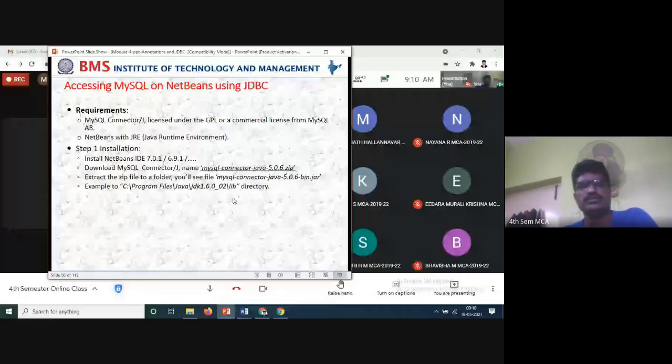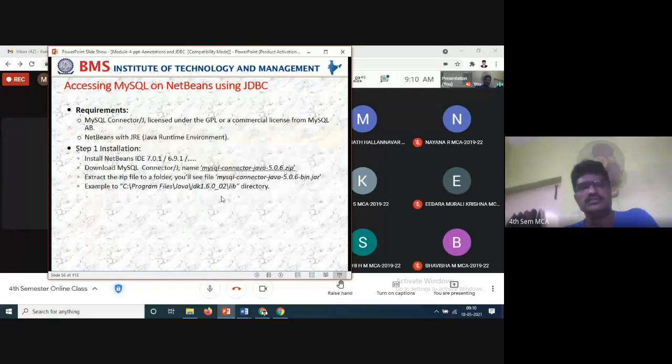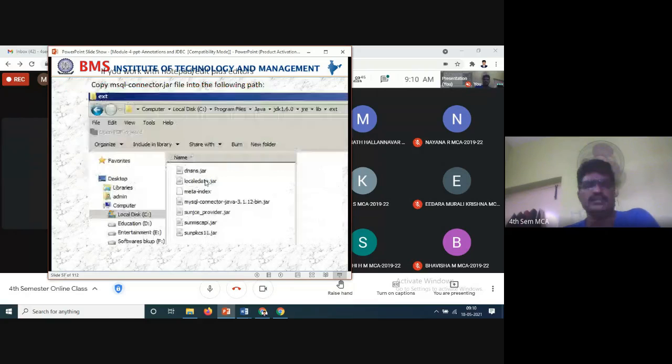Here you have to install the software. Normally everybody installs in C colon only, so the jar files will be in C colon. We have to see where your library files are available, in which directory.